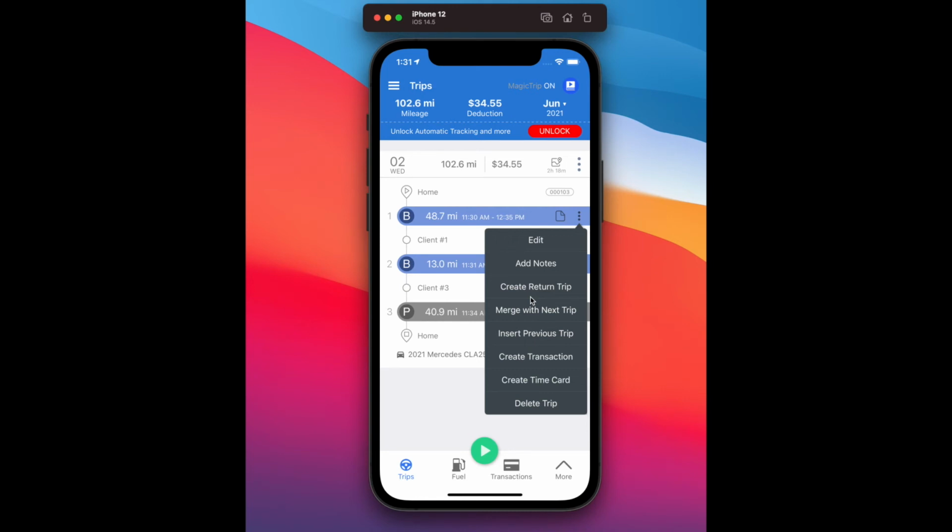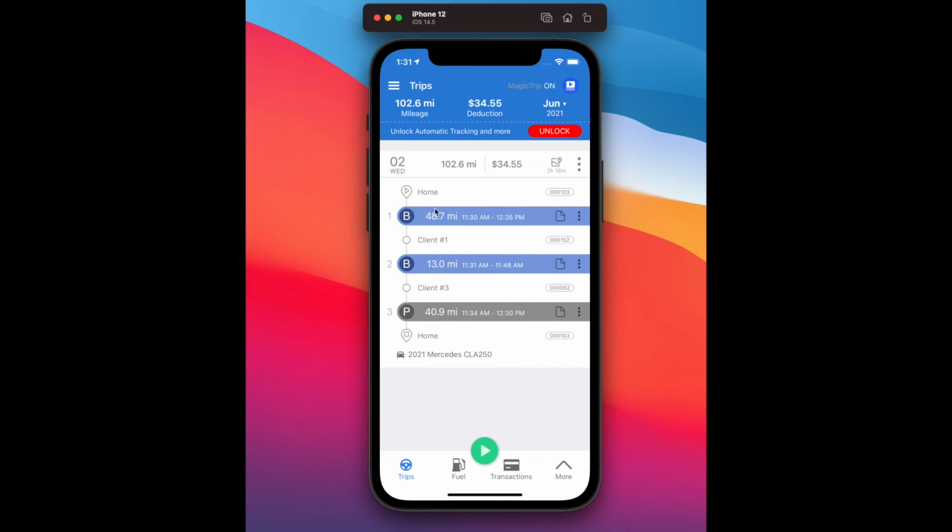You can create transaction cards. You can merge this in with the next trip. You can do whatever you want. Now, also, another way to classify your trips, if you're not setting them up in a way where they're pre-classified,